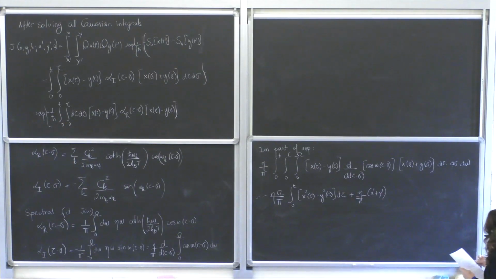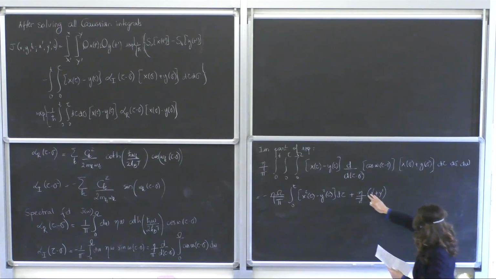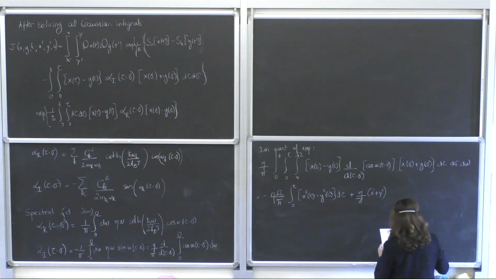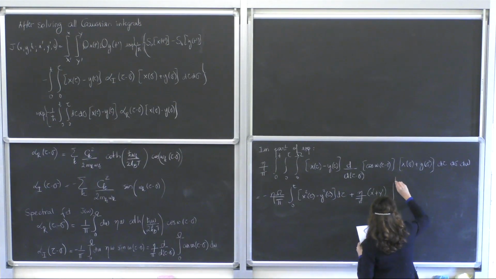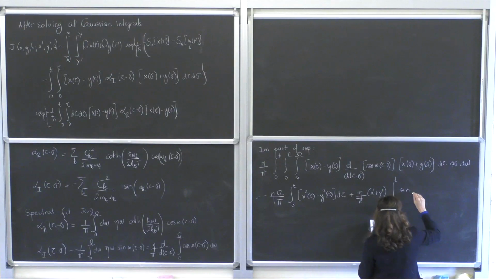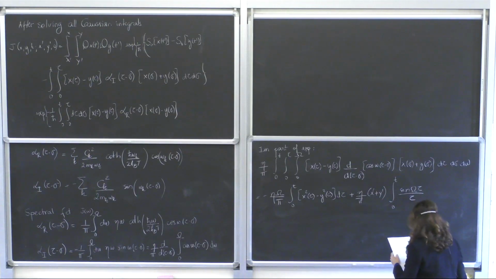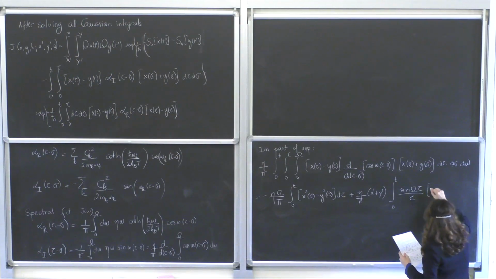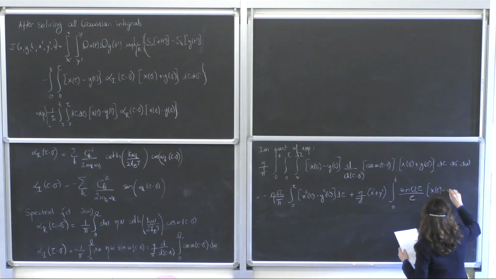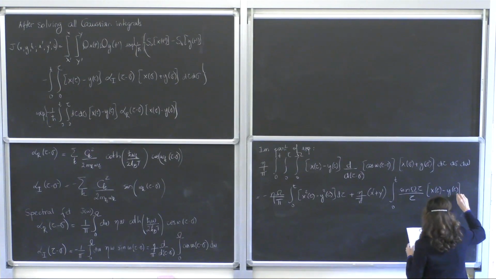Remember that the x prime and y prime are the x and y at t equals 0. Integral from 0 to t of sine of omega tau over tau, x of tau minus y of tau d tau